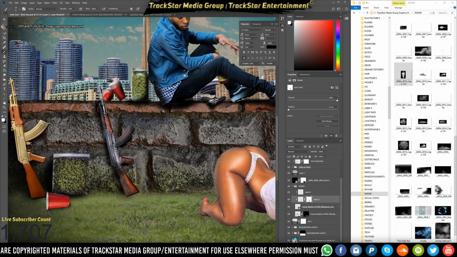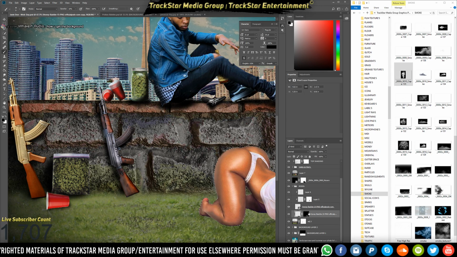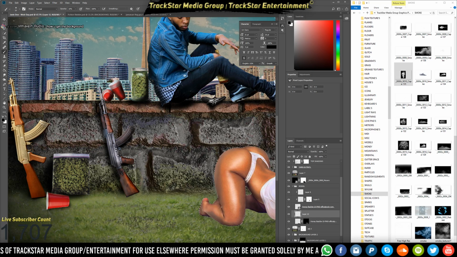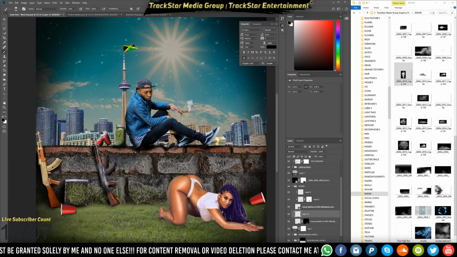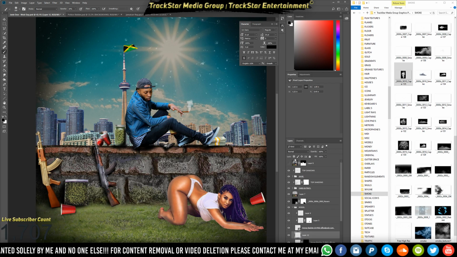Underneath her. Just some smaller. And then as far as the top layer goes,